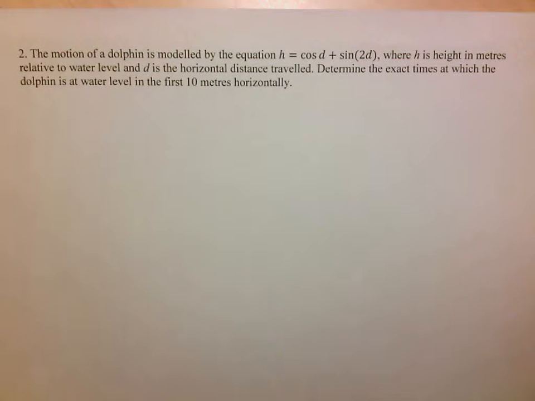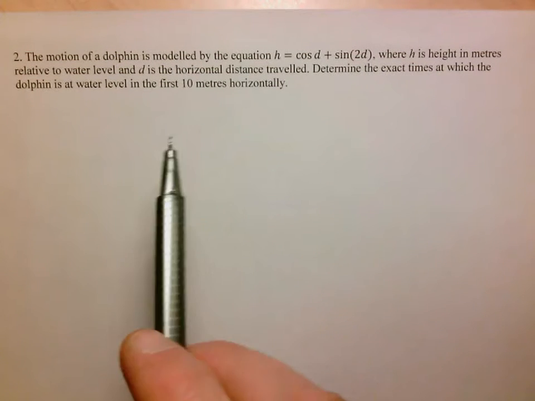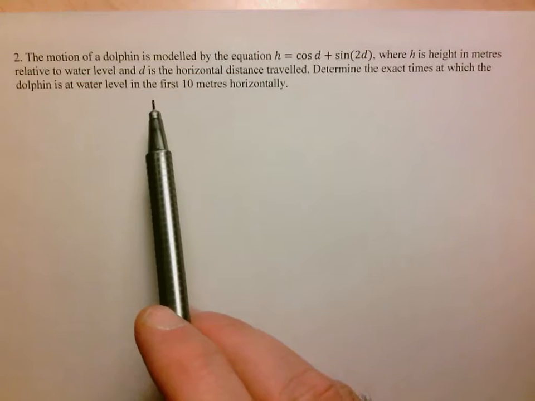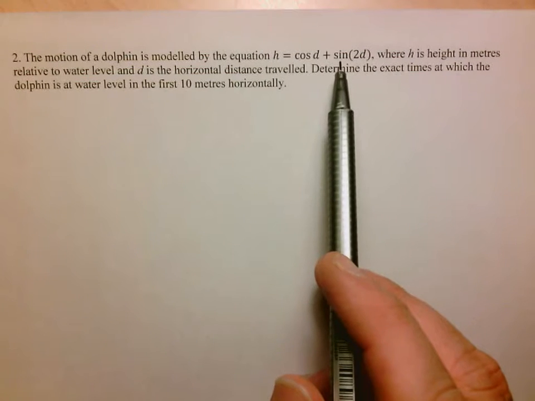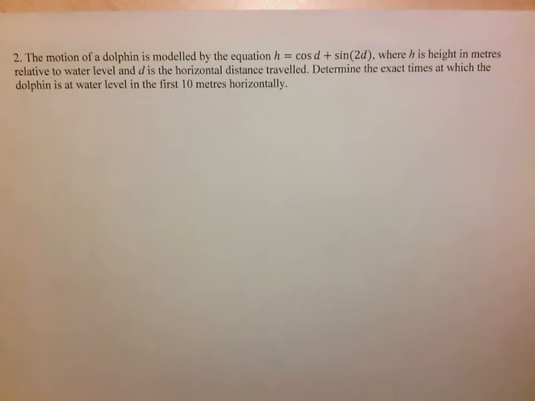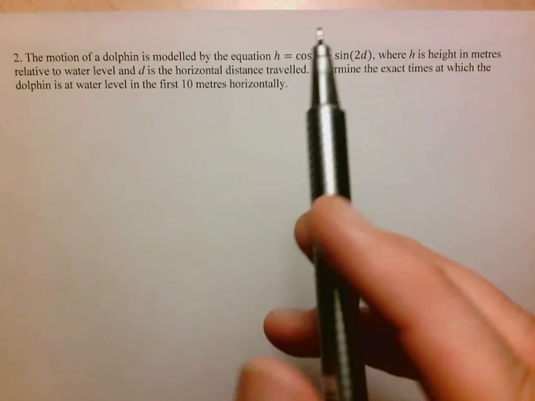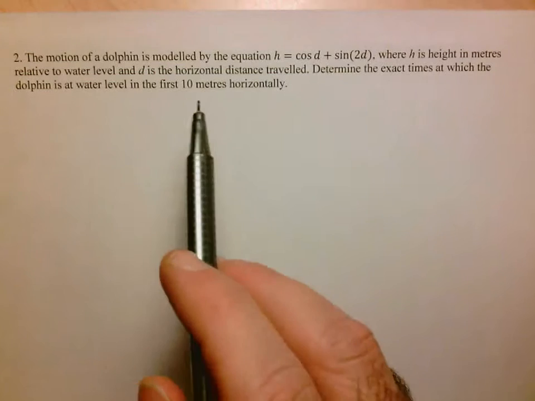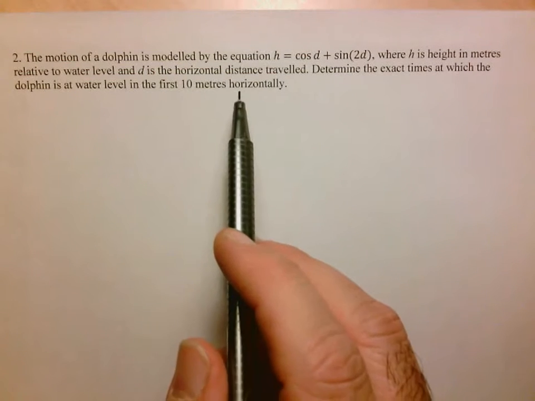Hi folks, we're going to take a look at number 2 from the December 5 worksheet. Here it gives us the height with respect to the water level of a dolphin, given by this equation here, and they want us to determine the exact moments at which the dolphin is at water level. In other words, when the height is equal to 0 in the first 10 meters horizontally, because here D